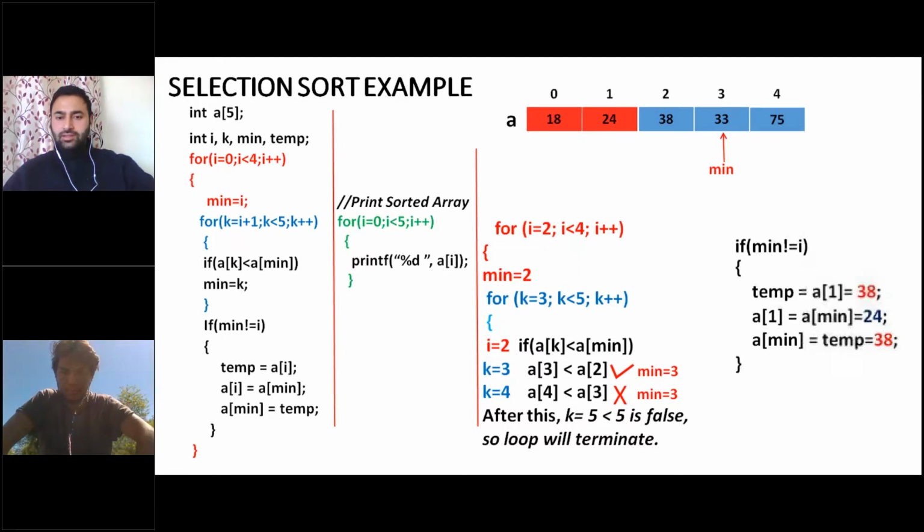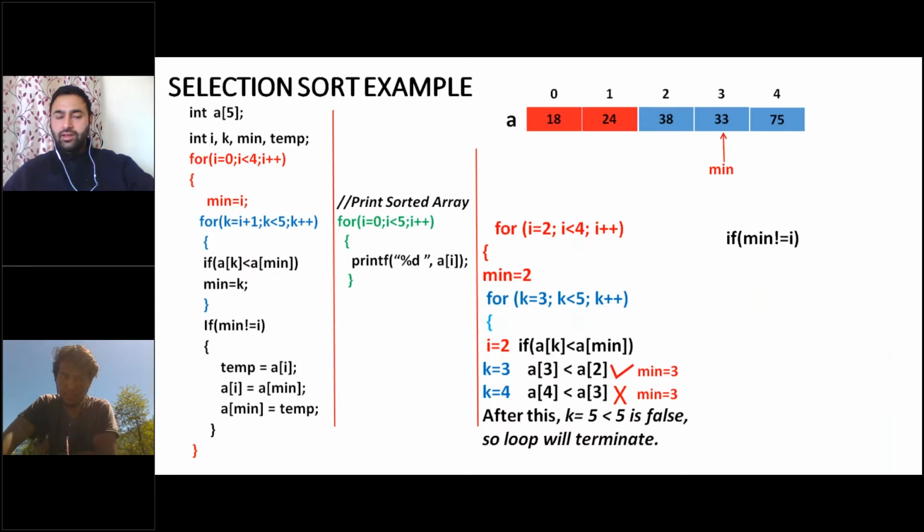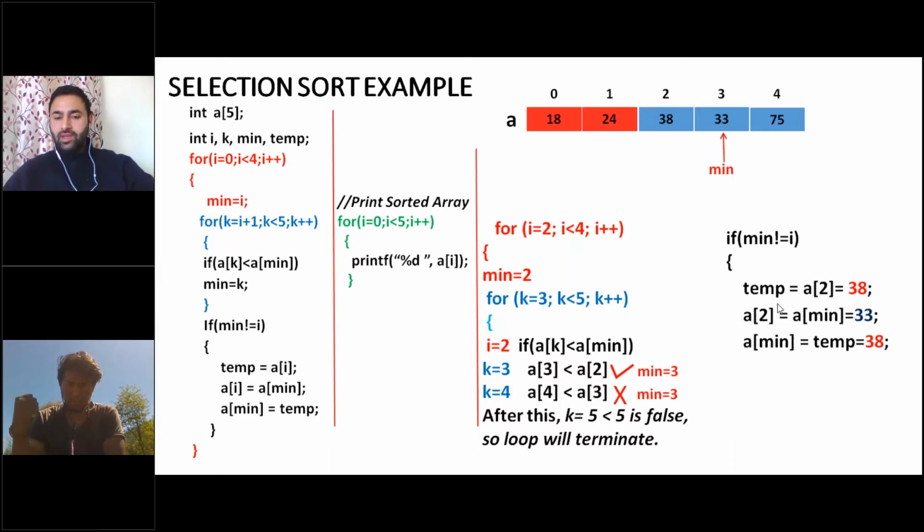Okay, then the next statement, the if, will run again: if minimum not equal to I. This time this is again true because the value of minimum is 3 and the value of I was 2. So again this code will run. Again there will be swapping between the third element and the second element through this code. So 33 will be swapped with 38. After the third pass, the third minimum has been set. Okay, and the number of comparisons done here are only 2. See, the number of comparisons are reducing by 1 every loop, every pass.